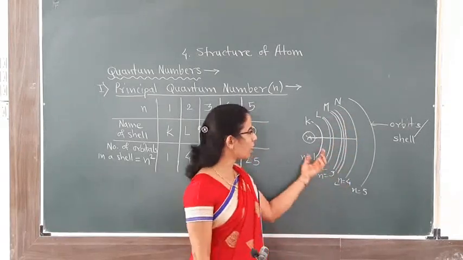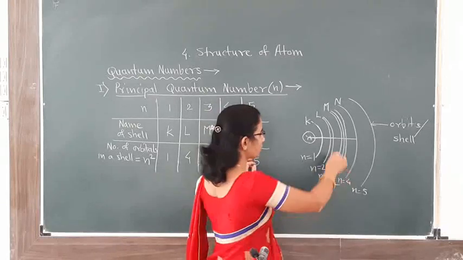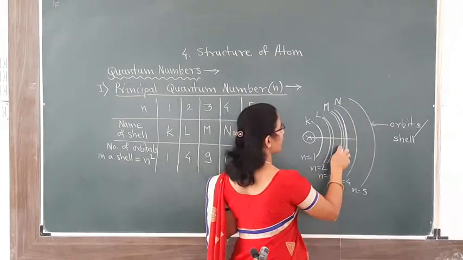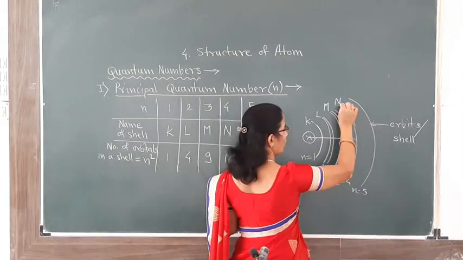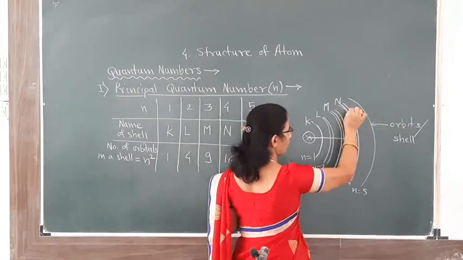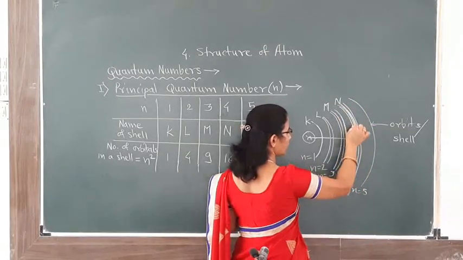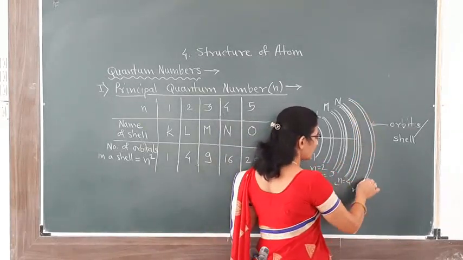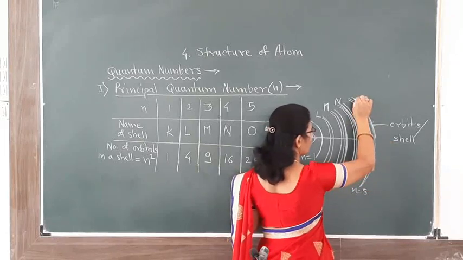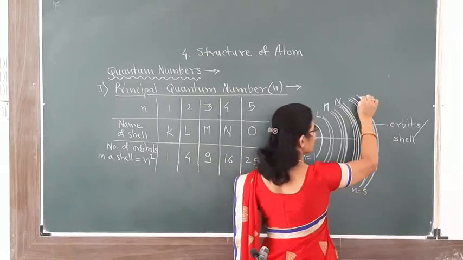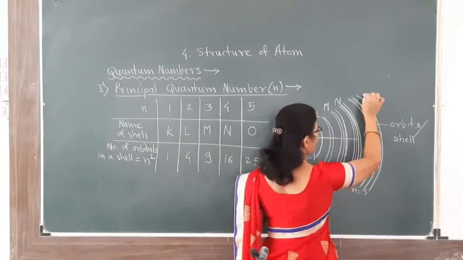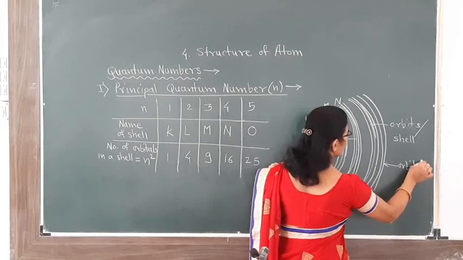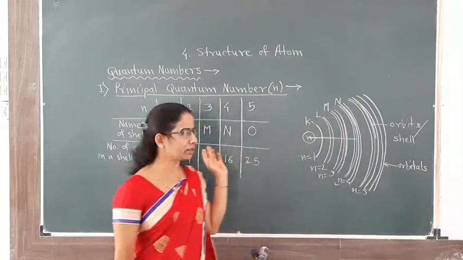For our convenience, I am showing the number of shells by this circle like this. Okay. The third shell is having 3 orbitals. The fourth shell is having 4 orbitals, just like this. Actually, the orbitals are not circular, but they are having different three-dimensional shapes. But I will show those shapes later on. Simply, in order to understand the orbitals, here I am showing the orbitals in this manner.